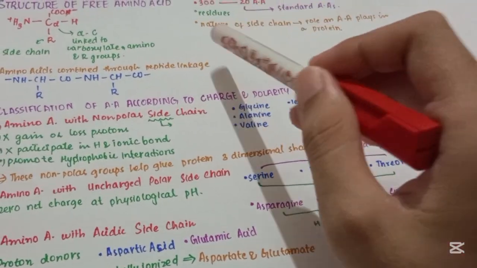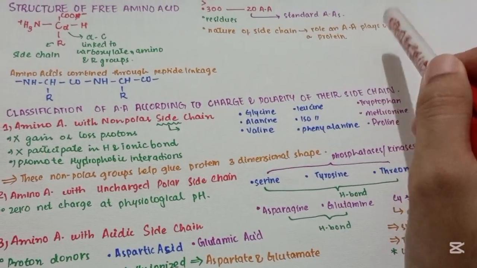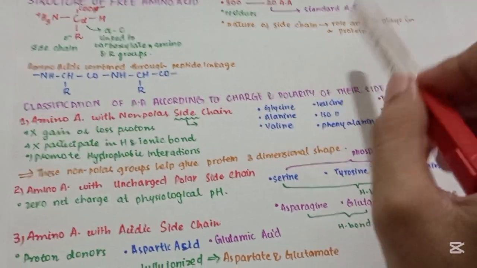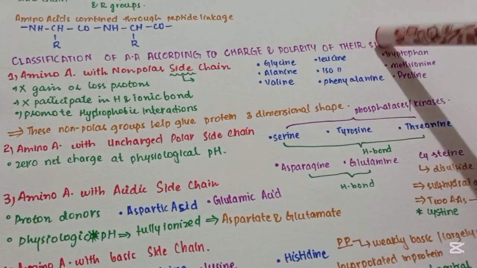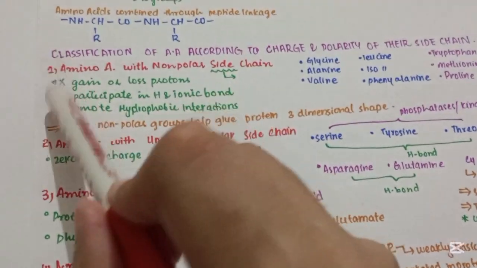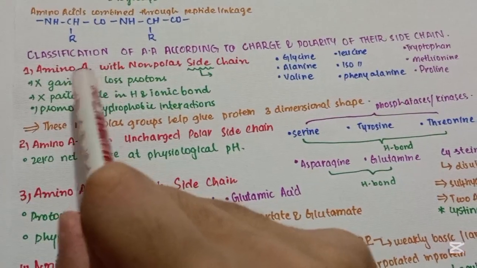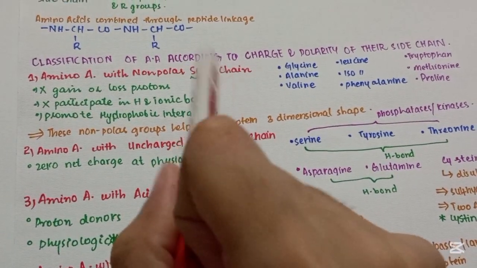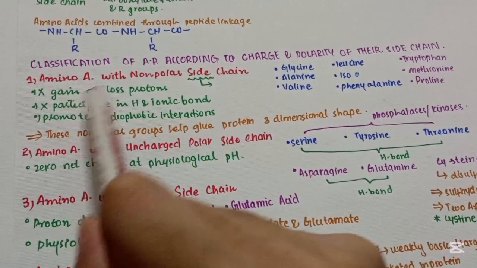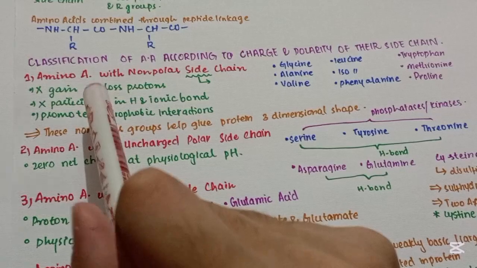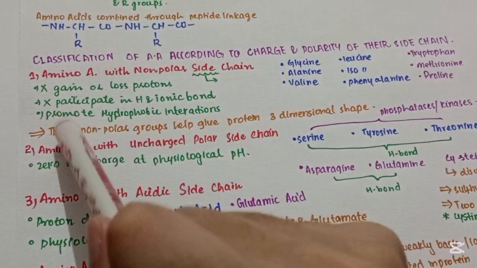Now, the nature of the side chain is very important and it determines the role an amino acid is going to play in a protein. So let's deal with the classification of amino acids according to the charge and polarity of their side chain. The first category we have is the non-polar side chain amino acids. These non-polar side chains determine that these amino acids are not going to gain or lose protons. They're not going to participate in hydrogen and ionic bond formation, and this non-polarity promotes